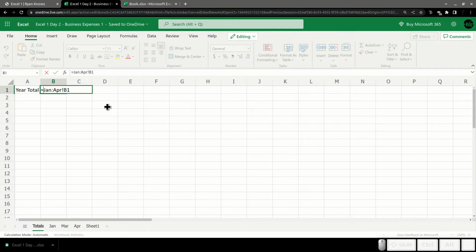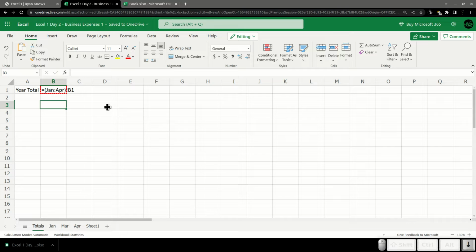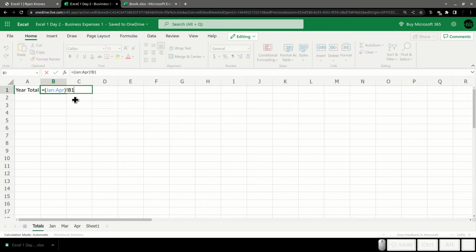Sorry, y'all. Give me 1 second to troubleshoot this. I could have sworn this is the exact... It doesn't like that.